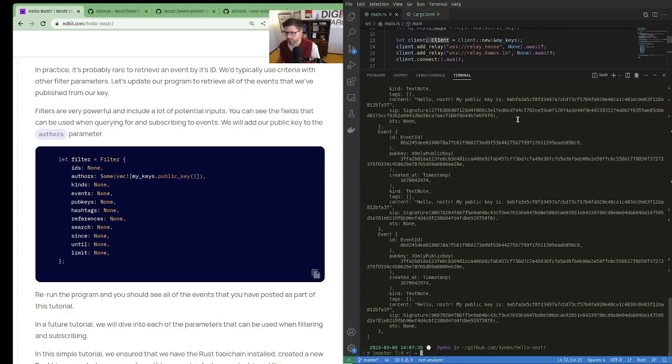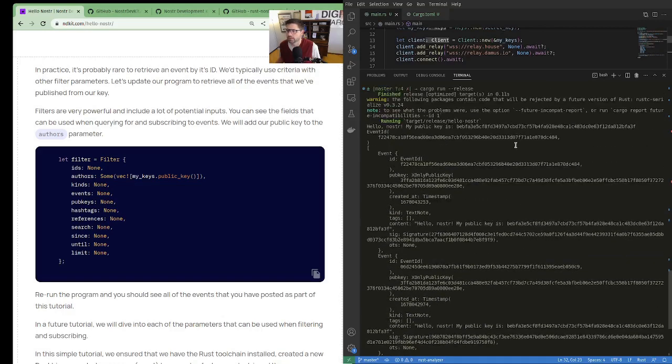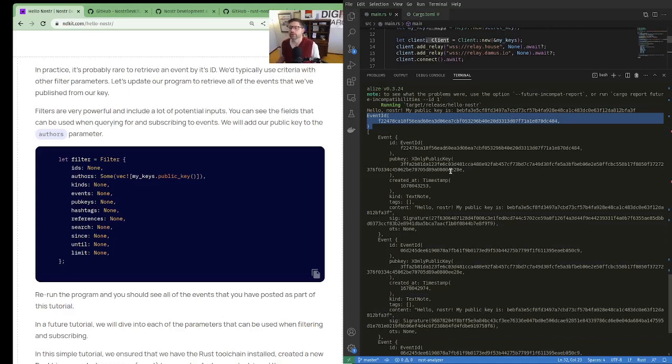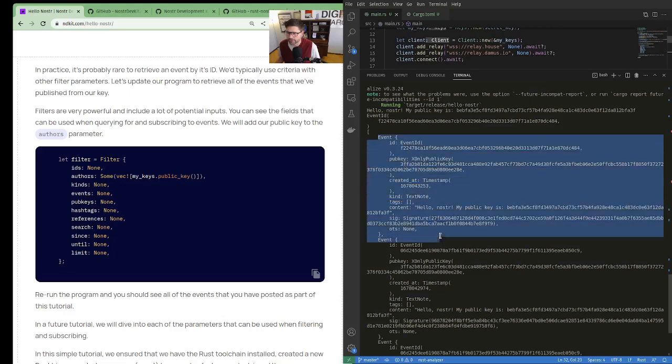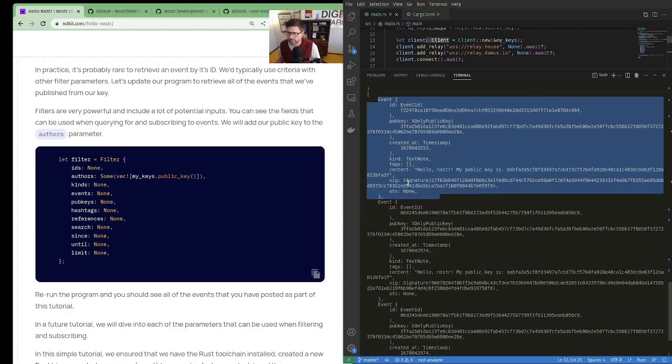Okay, so same public key printed out at the beginning, posted just one new event at the beginning of this program, and then it slept for a second, and then it put together this filter type to send back to the relays, to both relays, to retrieve the events that have been submitted by this particular user. So let's see how many events that we have. There's one. That's the first one, well, I'm not sure the order, but that's 1,